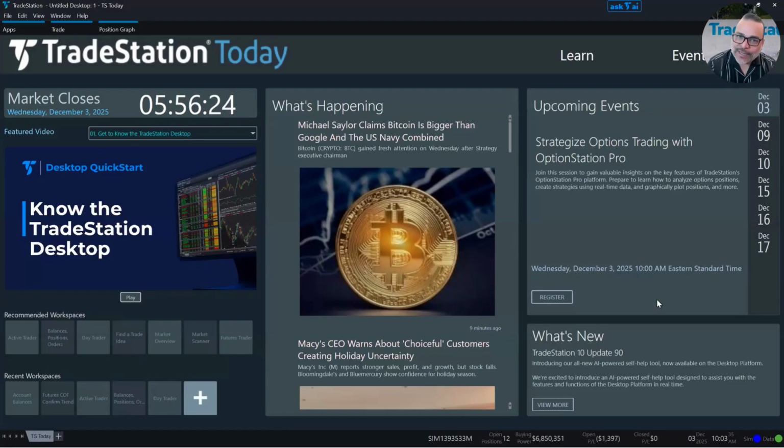What I was trying to say is that you need to explore and see which platform fits your needs. There's not one that is better than the other. But if you're looking for more advanced or analytical tools, then maybe the desktop is the platform that you want to be on. So from within TradeStation Desktop, all you need to do to find OptionStation Pro is come here to Apps,